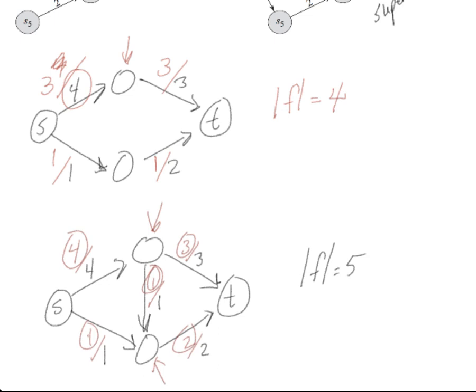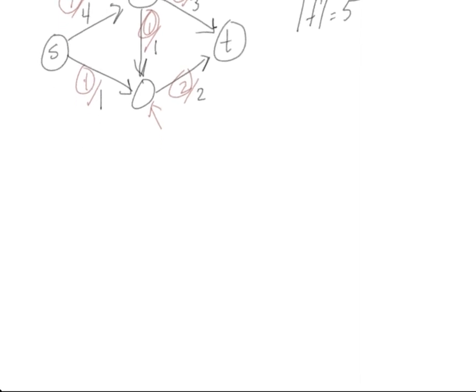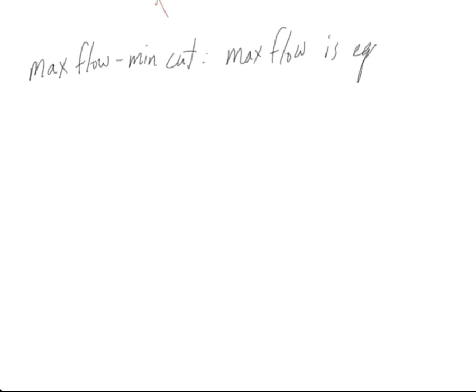Now, what I have not given, and what I'm not going to give, is an algorithm to do that. The Ford-Fulkerson algorithm is going to give it to us, but we're not going to have time to go over that. However, there is a very important and fascinating property that comes out of this that we talk about a lot. It's called max flow min cut. Now, what do we mean by this? The max flow is equal to the min cut,